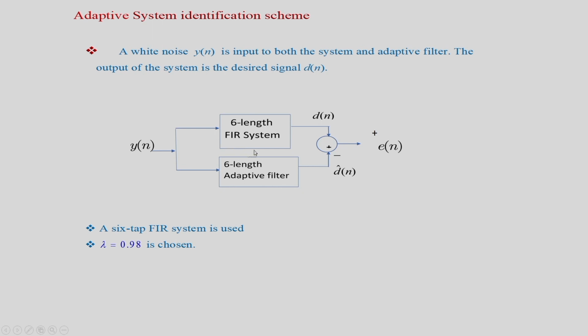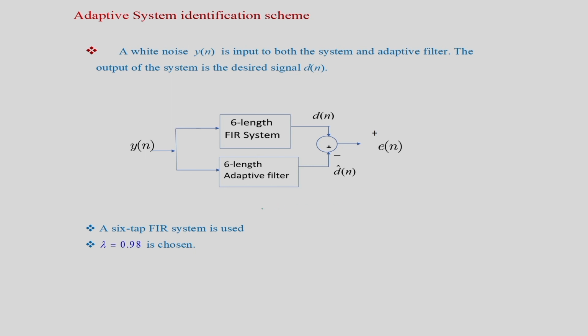Now the output of the FIR system is d(n). This is the desired signal, and we want to mimic this system by this adaptive filter. The adaptive filter output is d hat (n), and d(n) and d hat (n) are compared, and e(n) will be passed